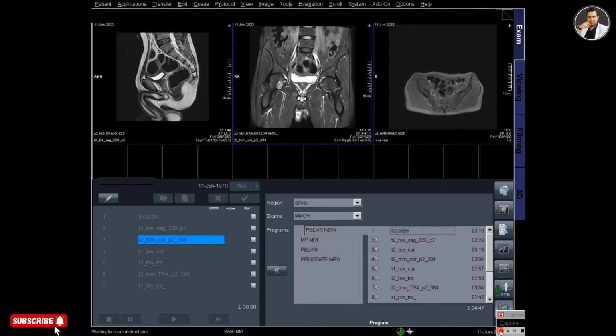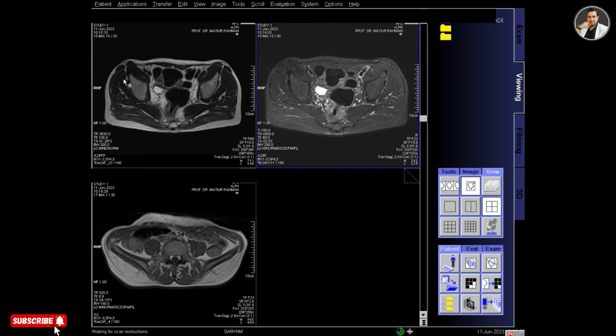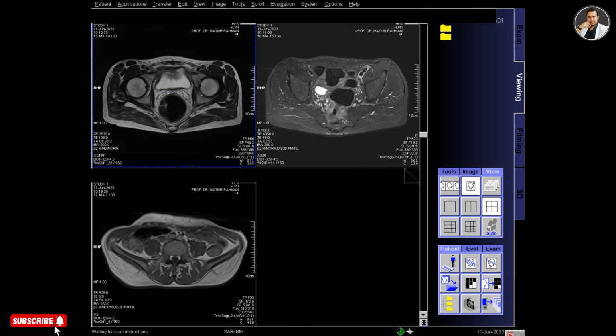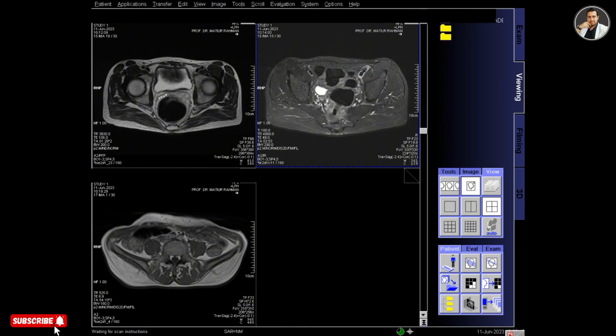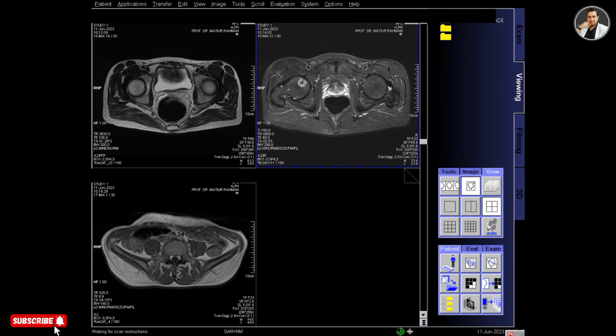Now all the protocols have been scanned, and here you can see the T2 transverse, and this is T2 STIR transverse that I am scrolling, and here is the lesion from the femoral head.